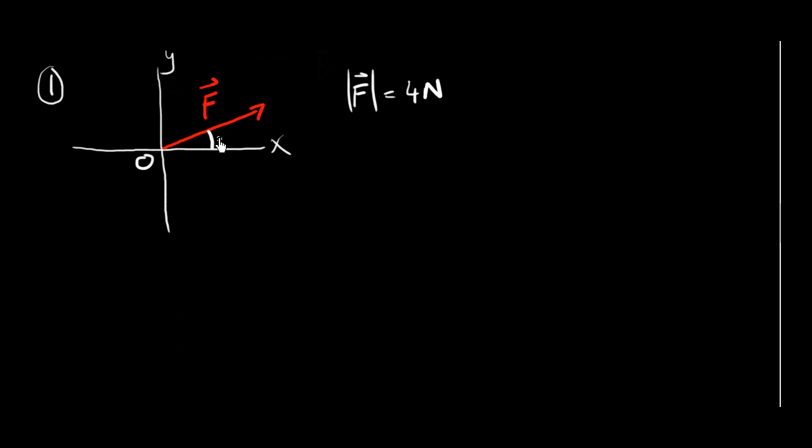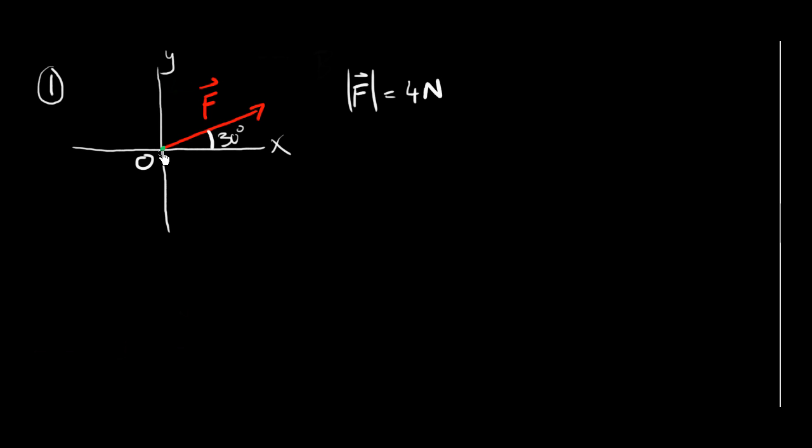So they give us this here, and they ask us to calculate the components along the X and the Y axis. The component of a vector, what it means when they ask that, is how much of this vector, which is going in that direction, how much of that is going to have an effect in this direction here. That would be the OX component of F, and if you imagine there's a particle here,